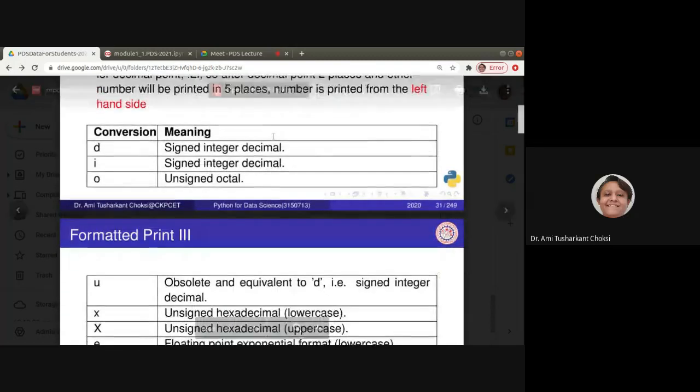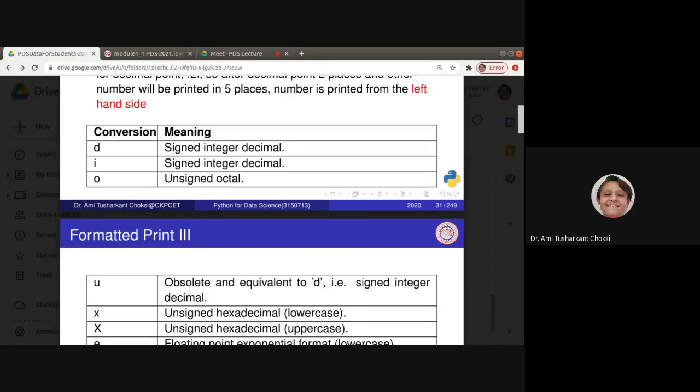Now conversion, and what is the meaning of it? That is, if we are writing d or f, then what is the meaning? See, we are already aware because we all know what is this d, i, o in C language. The same thing is being applied here.